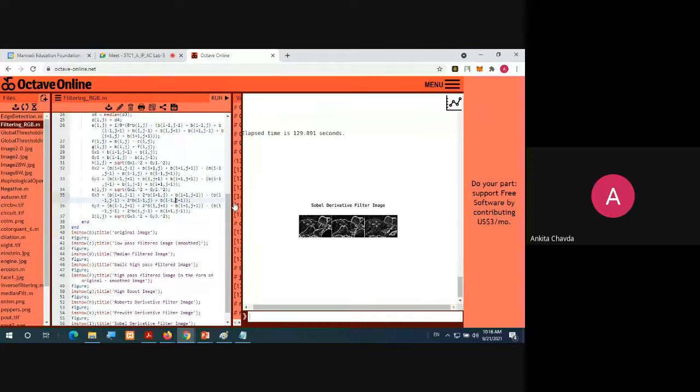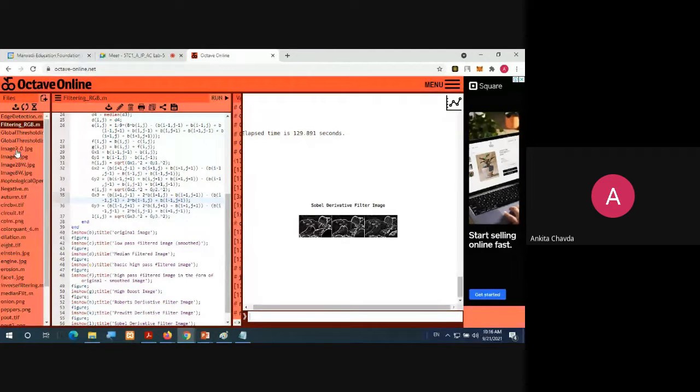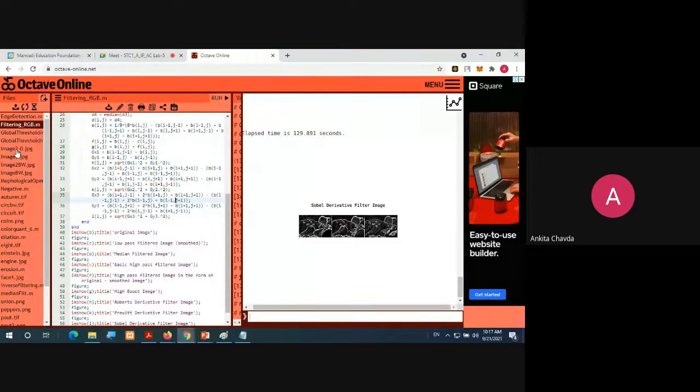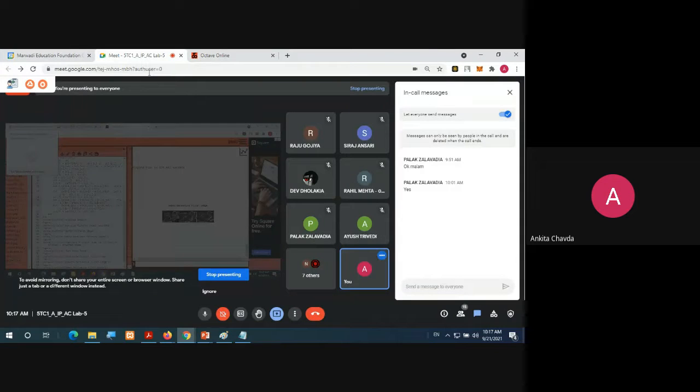Fine. So I hope you have seen the output, right? It is only a matter of this sixth program. So I said to the B batch students, maybe they have taken the screenshots. So you can take them from them, or whosoever is using MATLAB, from them you can take. Fine.